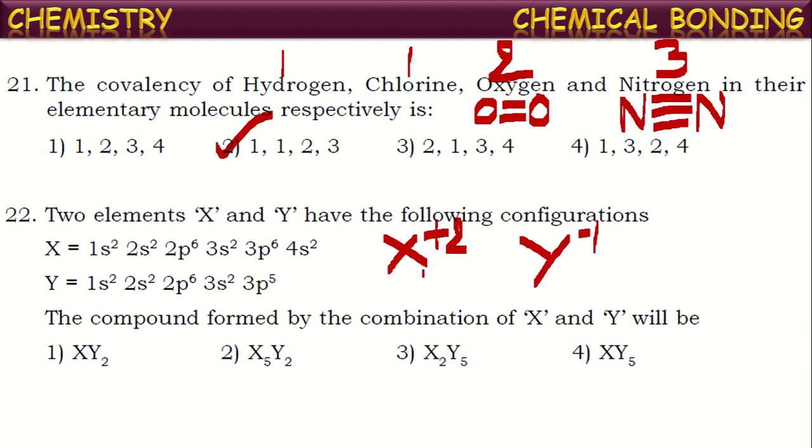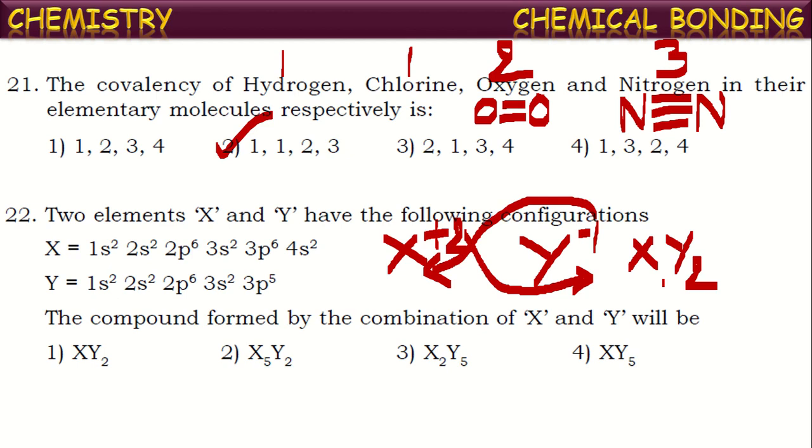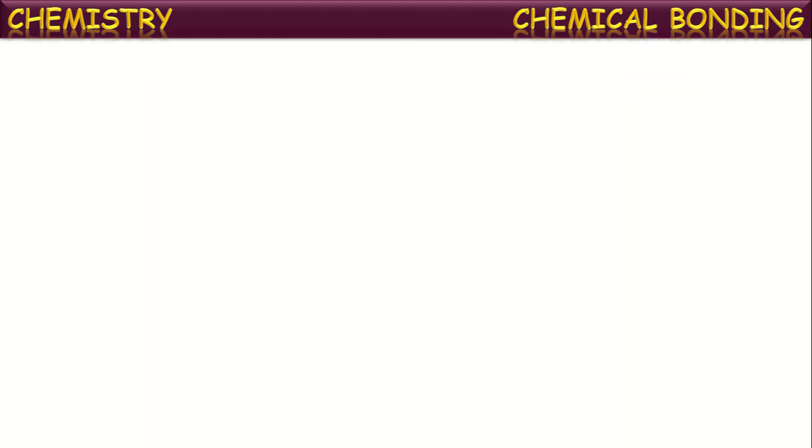What is that? First the positive ion is to be written, followed by the negative ion. Next, common factors are to be eliminated from their charges. As there is no common factor, we skip to the third step. By neglecting their symbols, we crisscross these valencies. This will be written here, this will be written here. If it is 1, there is no need to mention it. Now the molecular formula will be X1Y2. This is the molecular formula of the compound formed between X and Y, that is XY2. Here it is. Okay, next.